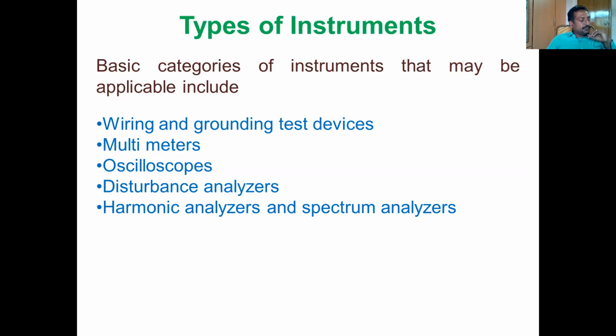So these are very important. Simple meters, general purpose spectrum analyzers, and special purpose power system harmonic analyzers: these are the three types of analyzers available. Simple meter analyzers, general purpose spectrum analyzers, and special purpose analyzers. Simple analyzers have only one advantage, that is, the necessary calculations to determine individual harmonics